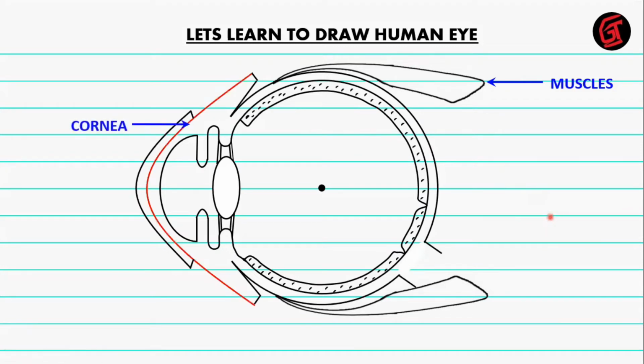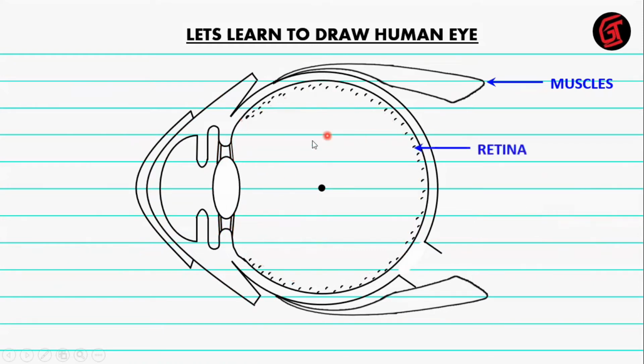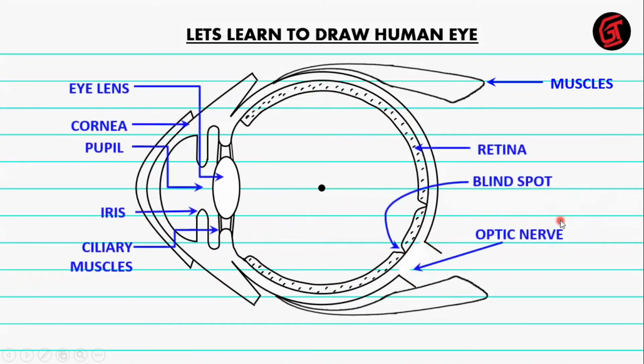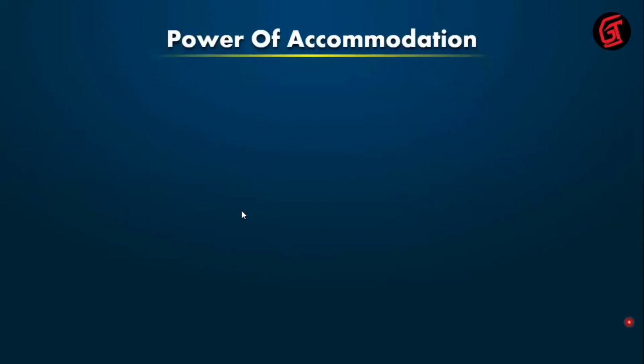So this is your cornea. Cornea is made. Pupil is made. The iris, this part is the iris, that is also made. Eye lens, this oval in the middle, that also is done. Ciliary muscles are also done. This is your retina, the interior part. These are the cat eyes that form. This is our blind spot, one of the cat eyes. So make an opening from here for the optic nerve. Done. So easy. So just rewind this video and if you want, do it again and go step by step. It will be very simple to understand. I'm sure if you do it step by step. Okay, we'll go to the next part.